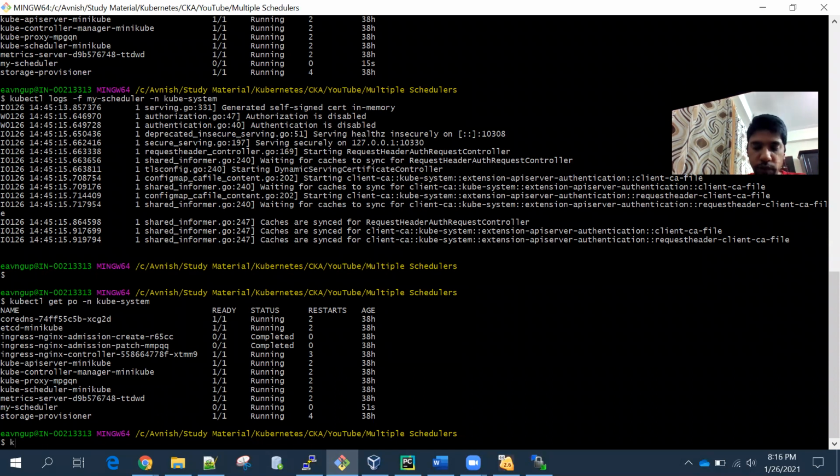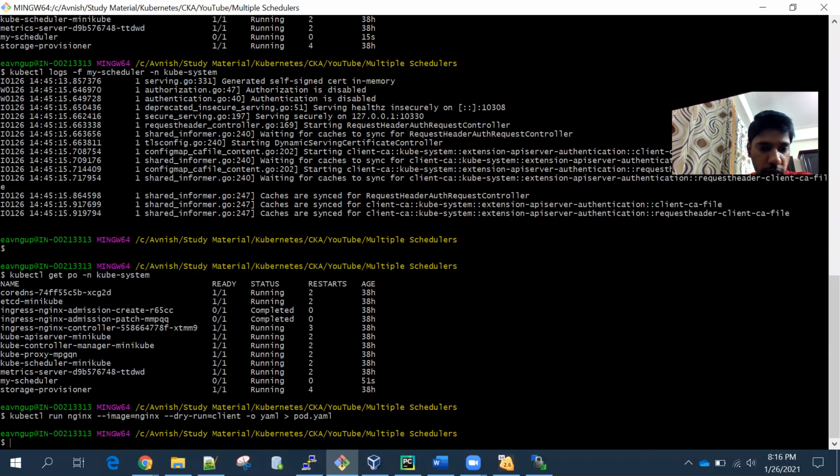So let me run kubectl run nginx --image=nginx --dry-run=client -o yaml > pod.yaml. I'm going to create a manifest file for an nginx pod, and we will schedule this pod using our own scheduler, not the default one.